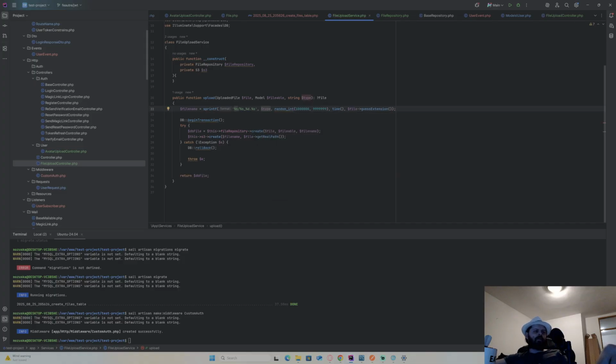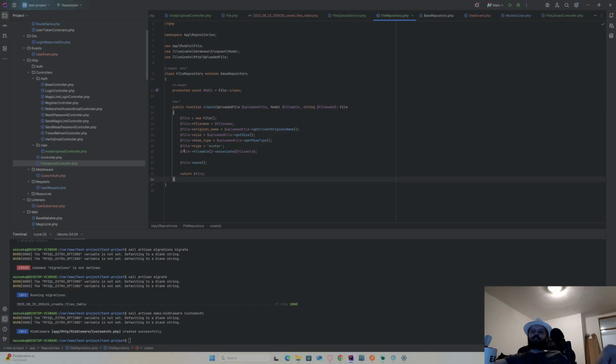This type is going to be my prefix on the AWS, and also I'm gonna send, let's just check this type here, or type is always gonna be the first in the name. Maybe I don't have to send it as a variable, maybe I can extract it from the file name, because it's gonna be always type slash random integer underscore time and that extension, so type always gonna be the first one in the file. Apologies, so I can do create, and I just can extract my type here,